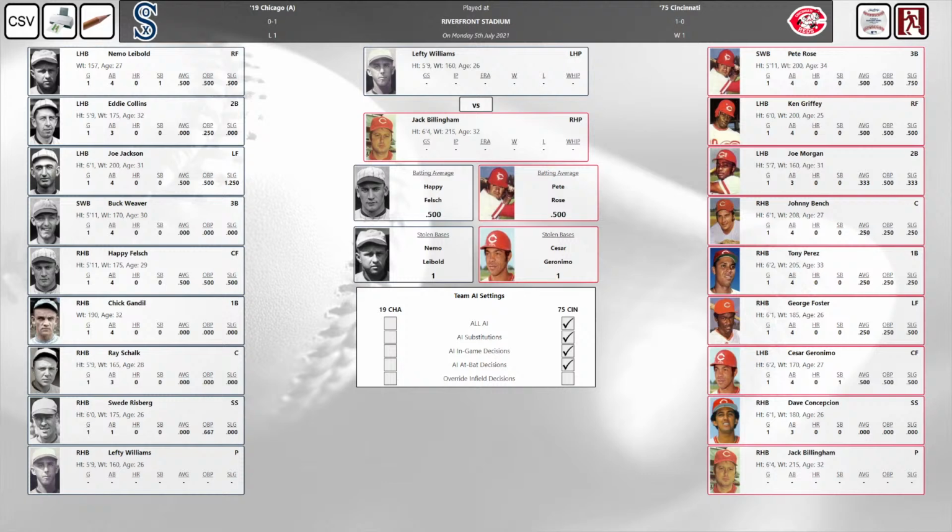Swede Risberg is at short. He'll bat eighth. Lefty Williams up on the bump. He throws lefty, but he hits righty. He will bat ninth. For the Big Red Machine of 1975, with a 1-0 lead in the series, Pete Rose,